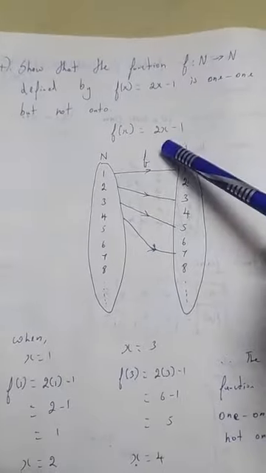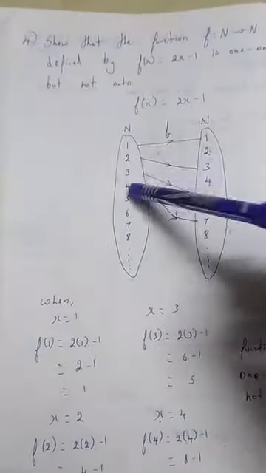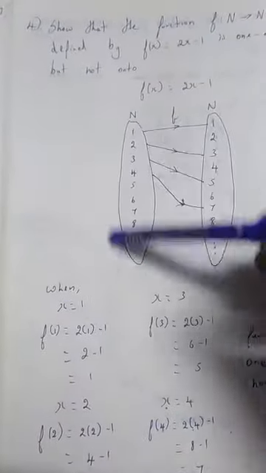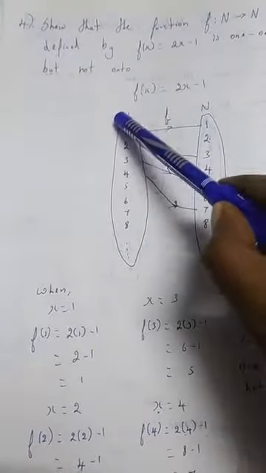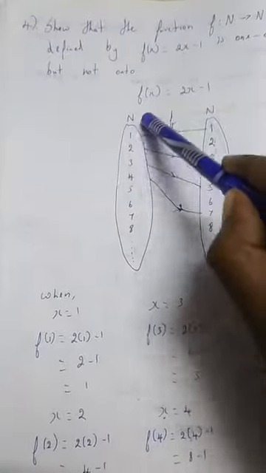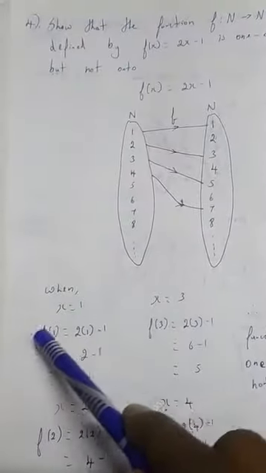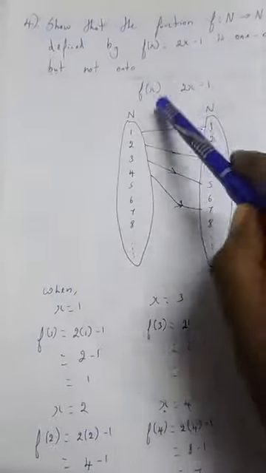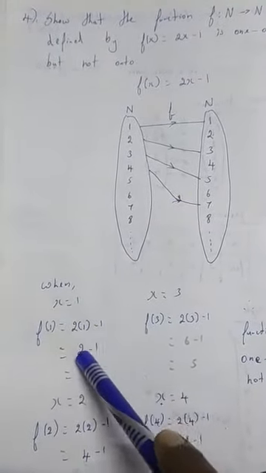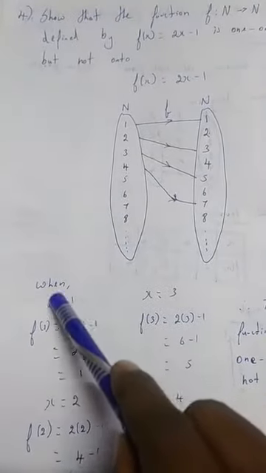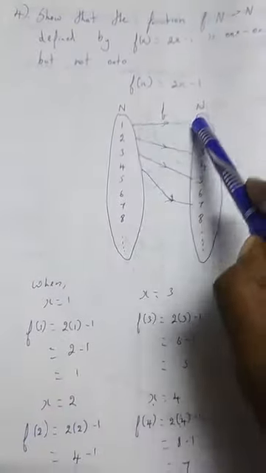So we have to find out which elements are connected, right? For that we have to substitute all the values one by one. So these are all x values and these are all y values. Let's substitute the values one by one. What is the first value? 1. So when x is equal to 1, what is y? That is, what is f of x? Substitute 1 in the place of x in this equation. f of 1 is equal to 2 into 1 minus 1. What is 2 into 1? 2 minus 1. 2 minus 1 is 1. Therefore, when x is equal to 1, y is also 1. So connect 1 and 1.